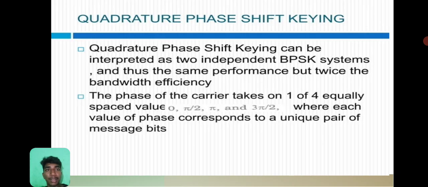Quadrature phase shift keying: QPSK can be interpreted as two independent BPSK systems and thus has the same performance but twice the bandwidth efficiency. The phase of the carrier takes one of four equally spaced values: 0, π/2, π and 3π/2, where each value of phase